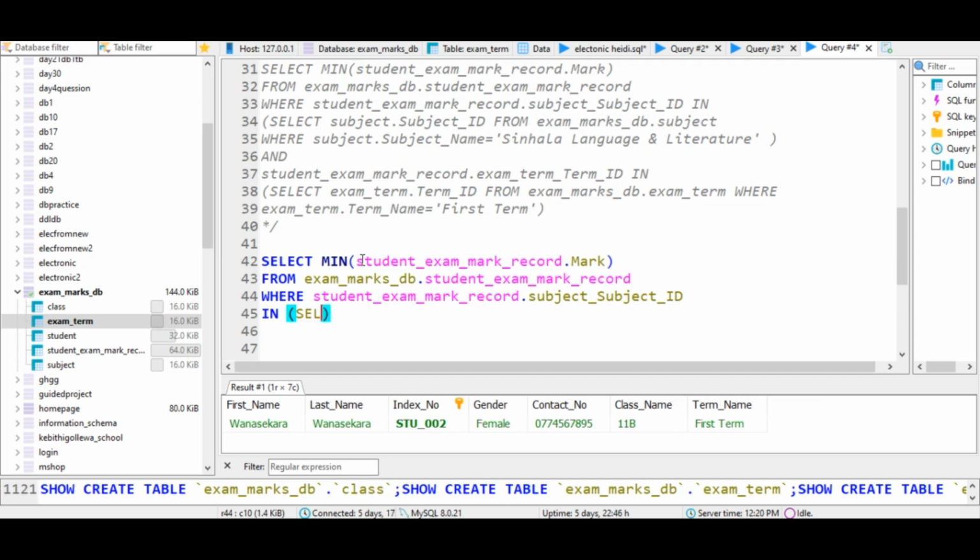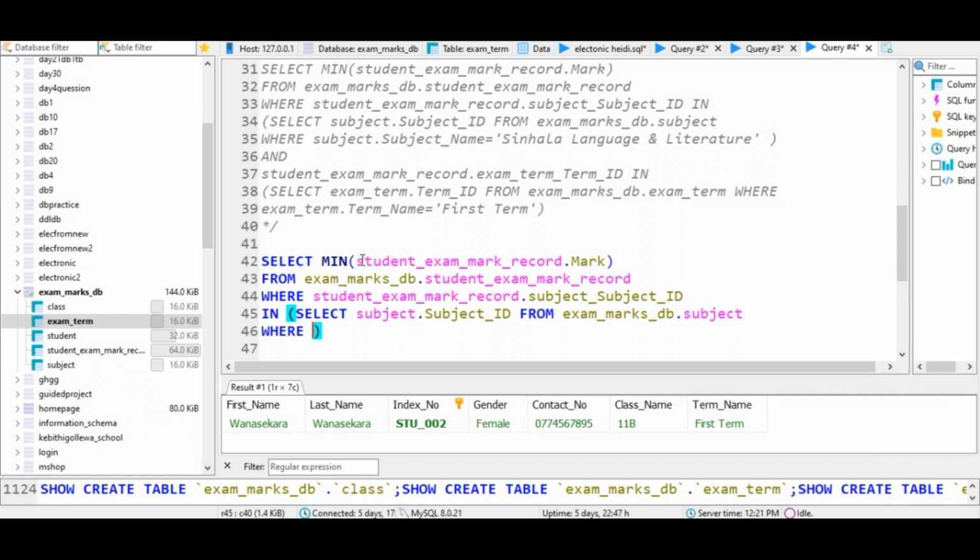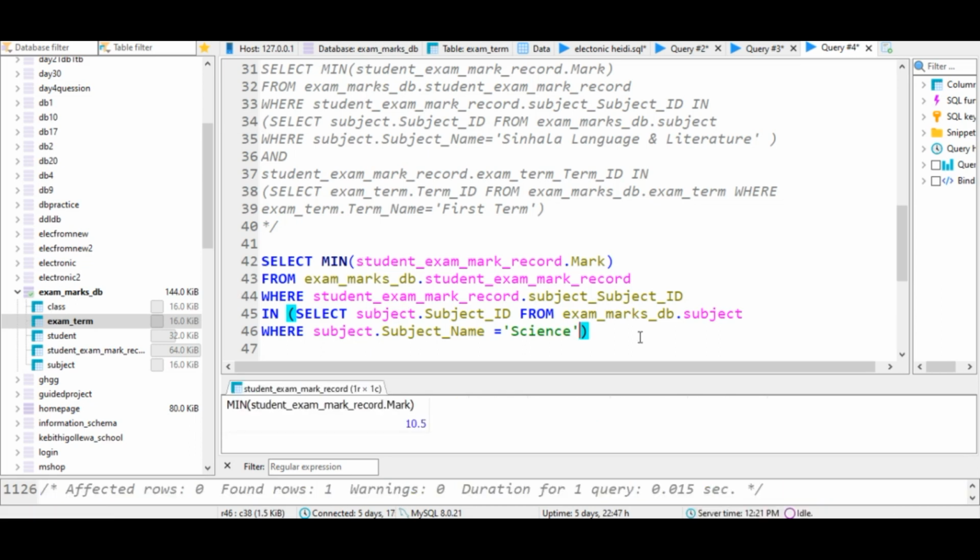So I'm going to write select the subject dot subject id from the exam mark db's subject table, where subject table subject name is science, like this. If you execute the query,